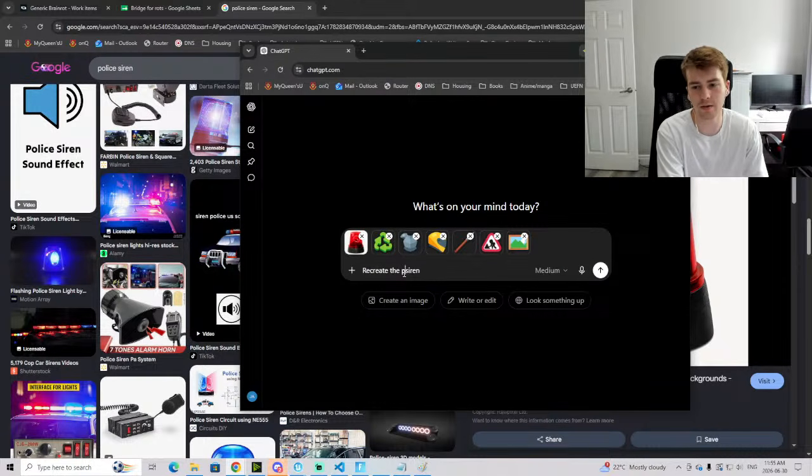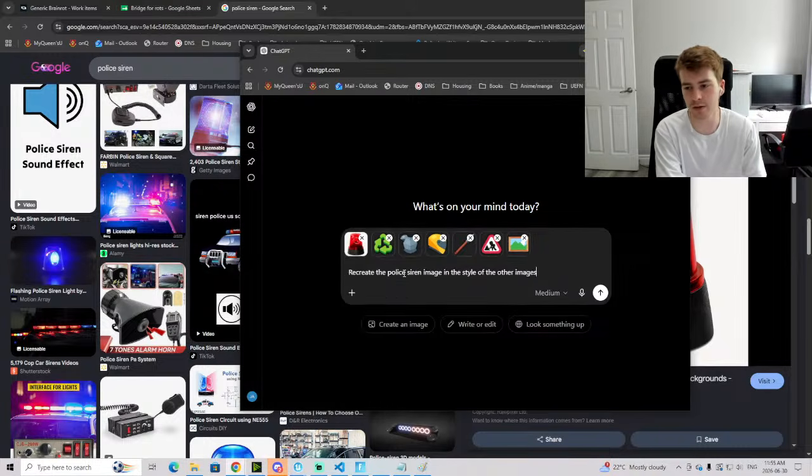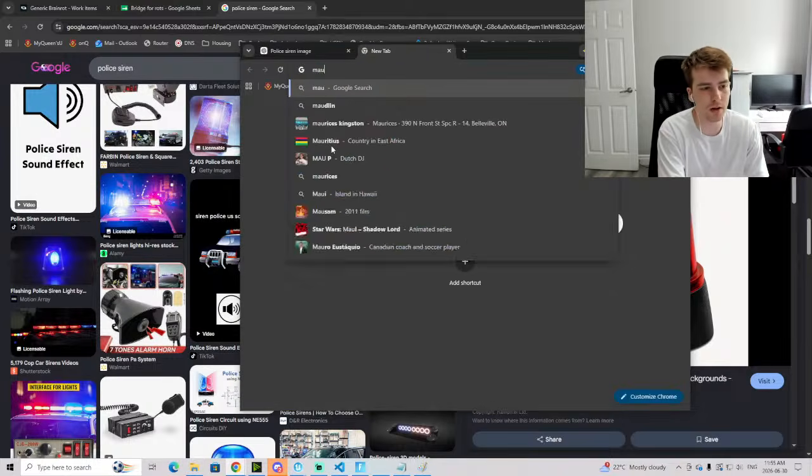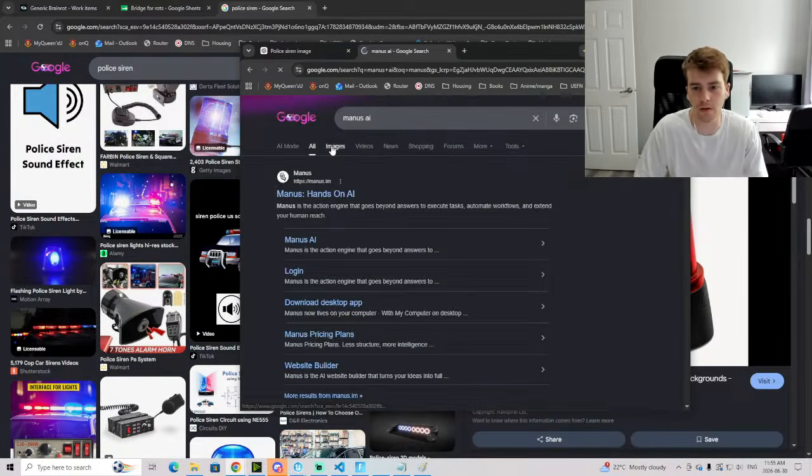Recreate the siren, police siren image in the style of the other images. That typically works. Simple prompt. Manu's AI is better. Manu's AI. What is that? Hands-on AI. Actually,